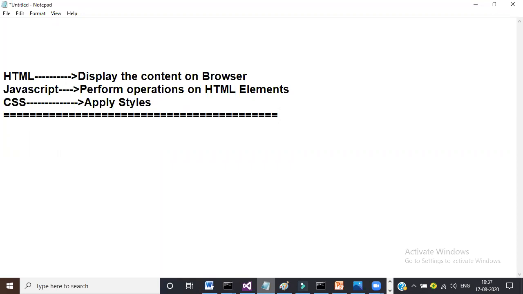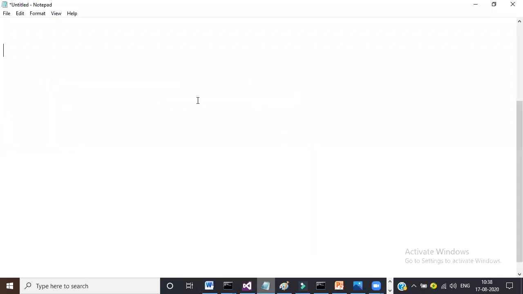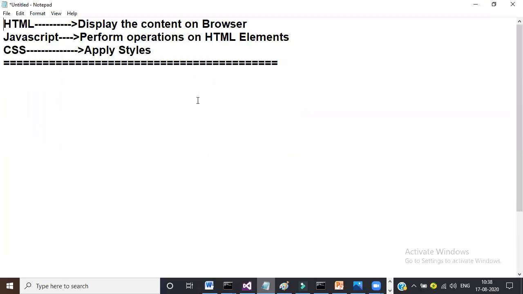Okay. So in the last class we were discussing JavaScript. We have seen the basic structure of a JavaScript program. JavaScript is a scripting language actually.